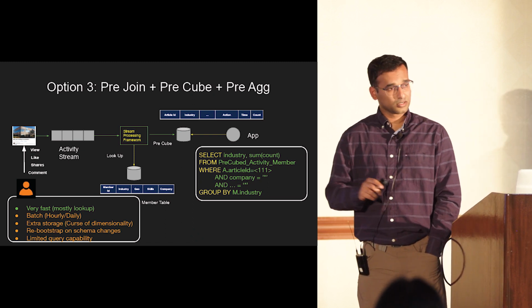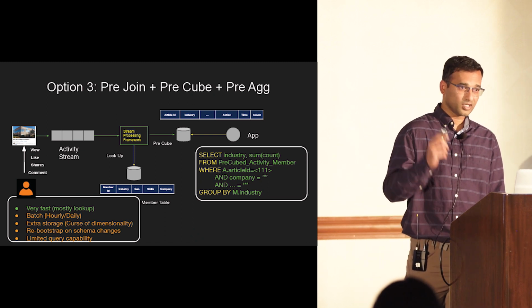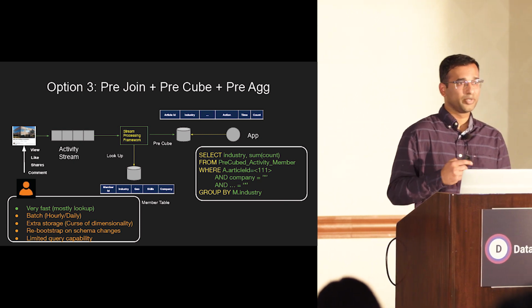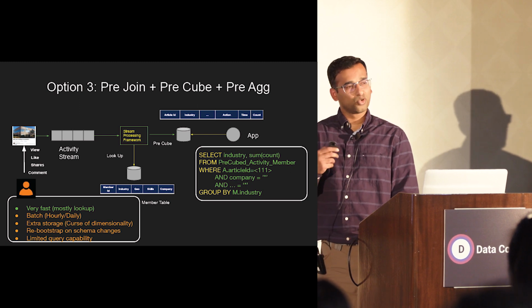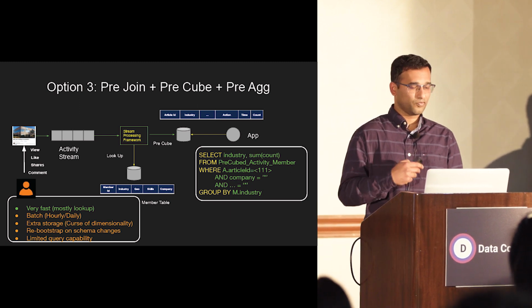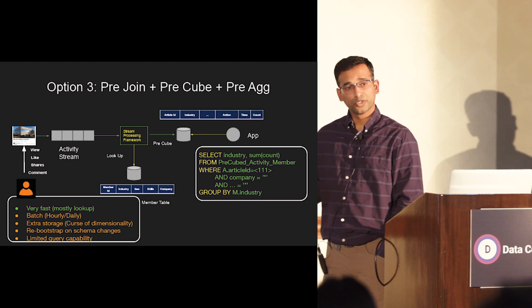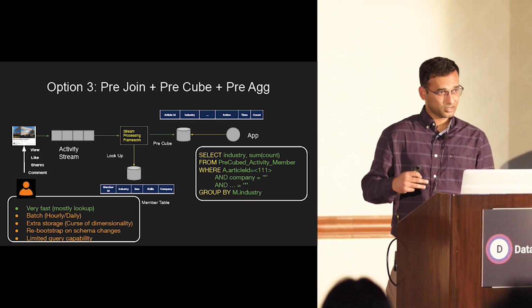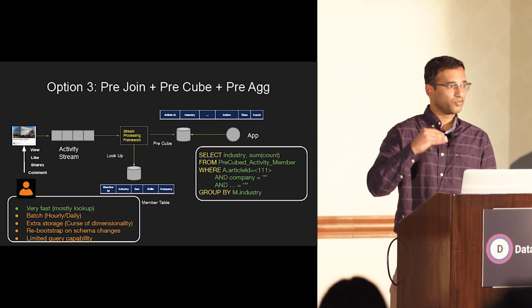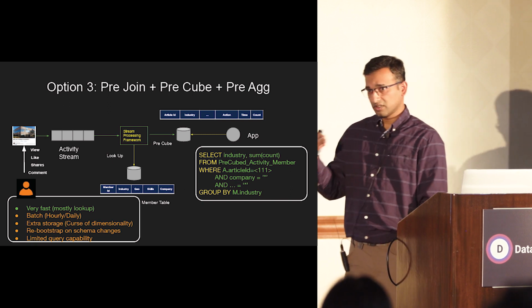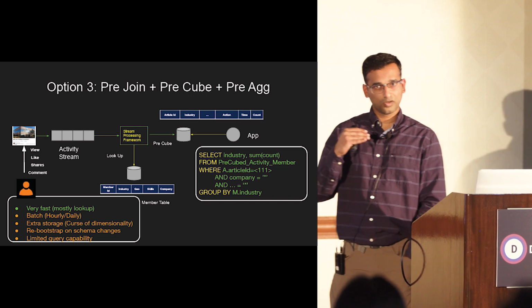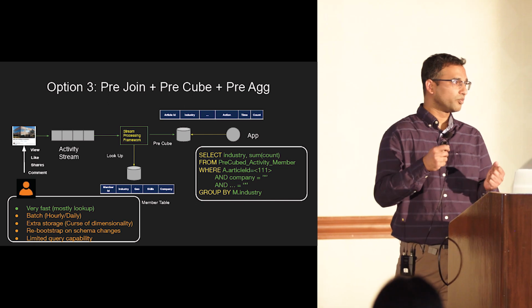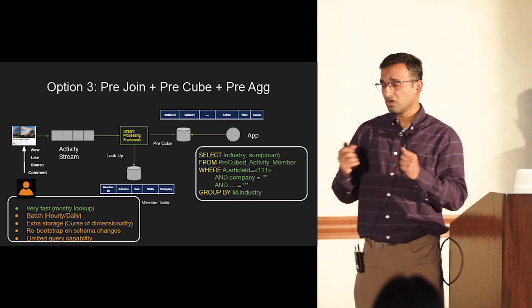The third is taking it to the next level, where you want to get really, really good latency. What we do here is pre-cube it. That means you are more or less computing the answers that you want upfront. The only subtle difference from the previous one is that the previous one was just joining and then storing the data as it is. So you can think of one record for every activity that you get. But in this, one record for every activity is fanned out into multiple records, because now you're pre-cubing for all the different dimensions.